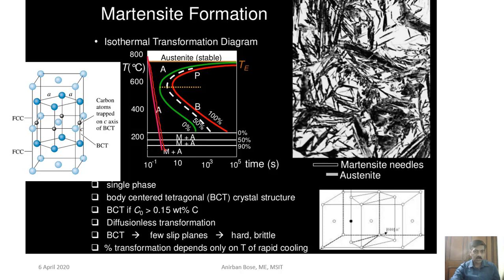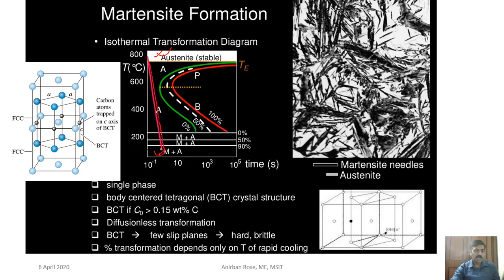That means within a very short period of time you are reducing such a high temperature from 800 to say 100 degrees centigrade. So if the cooling rate is very high, then you can suppress the transformation like pearlite or bainite transformation, and then what will happen? The martensitic transformation occurs. So austenite is a phase, martensite is another phase, and actually you are cooling it so fast that